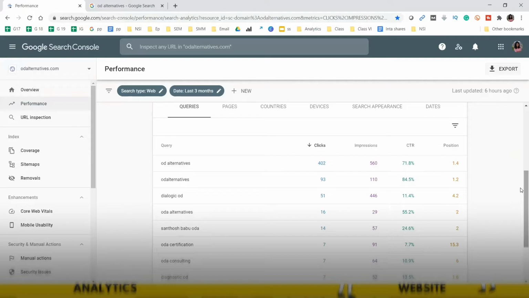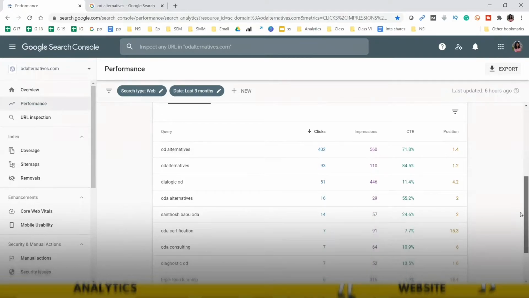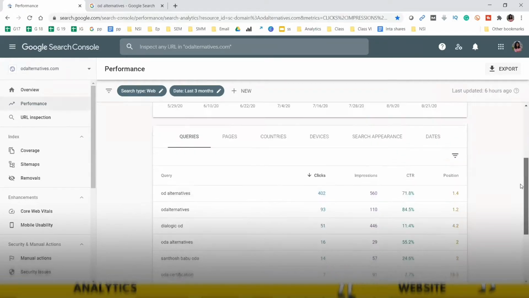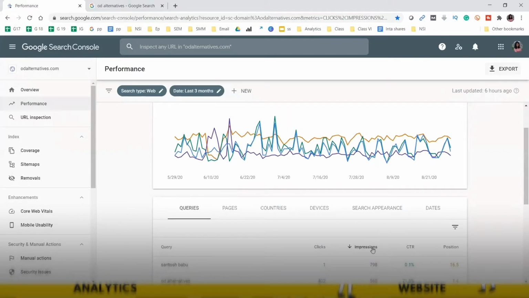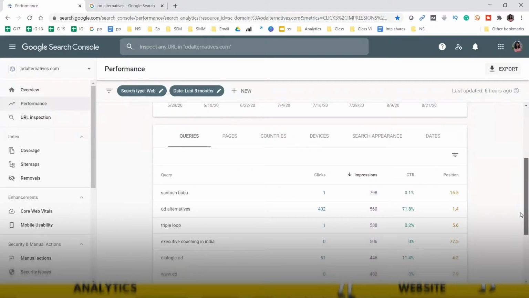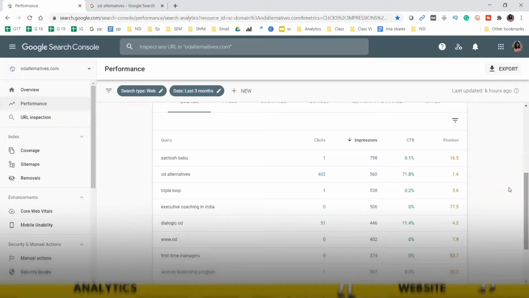And for the sake of analysis, I will check which pages are getting me a lot of impressions, but the CTR is very poor. So Santosh is the founder of this company, and his name is getting searched, and we can see huge impressions.